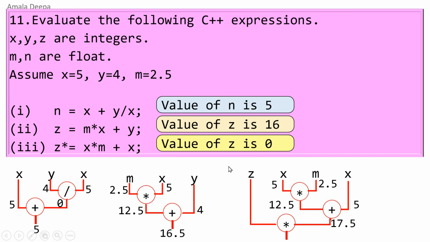So we have to take the value of z as 0 because it is the default value which is given by Dev C++ for this integer variable z. So z I will assume as 0. 0 into 17.5 will give the final result as 0. So the value of this expression is 0, which is stored in z. The value of z is 0.